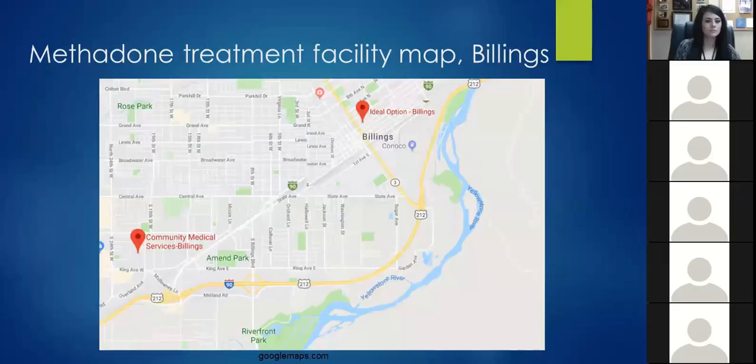Here is the map of Billings, and I have two methadone treatment facilities. In the top right corner, we have Ideal Options, and down in the bottom left, we have Community Services. Usually there are 2 methadone clinics within